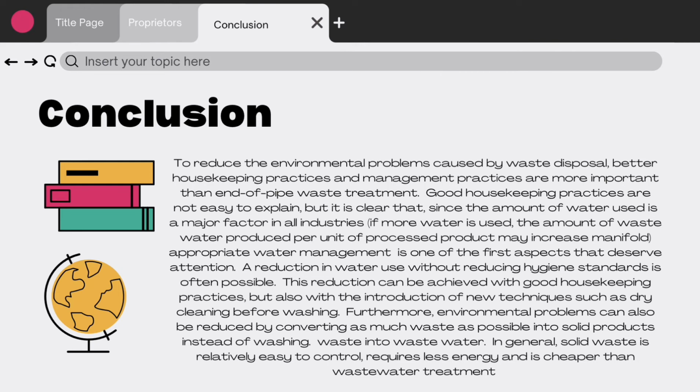Appropriate water management is one of the first aspects that deserve attention. A reduction in water use without reducing hygiene standards is often possible. This reduction can be achieved with good housekeeping practices, but also with the introduction of new techniques such as dry